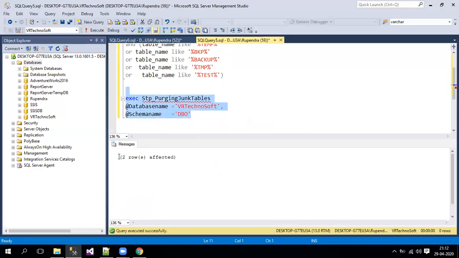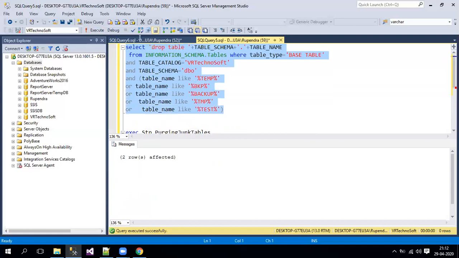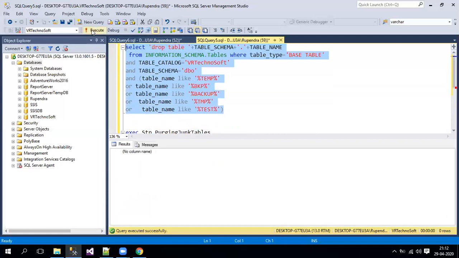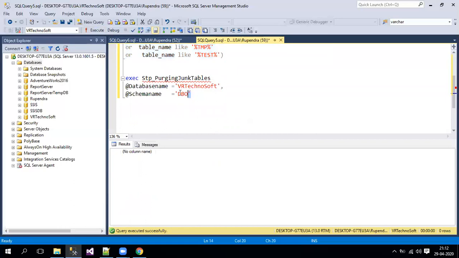So if you see, 2 rows are affected, which means the tables no longer exist. If you want, you can simply write a query and check it instead of going to the stored procedure again. You just see whether any objects containing dbo with these keywords exist in that particular database or not. Now again let me pass null.